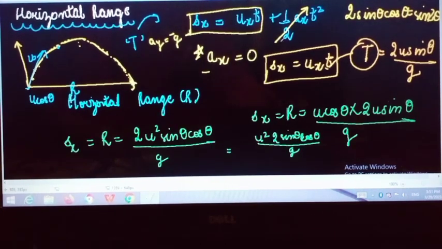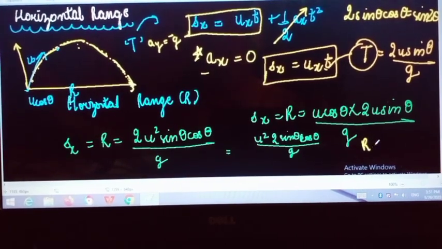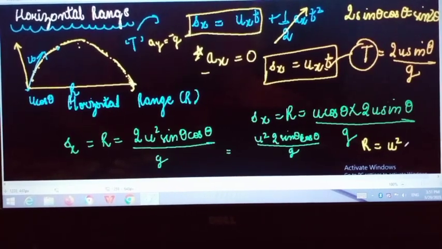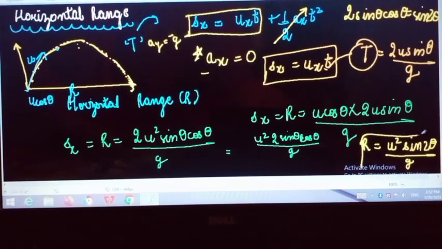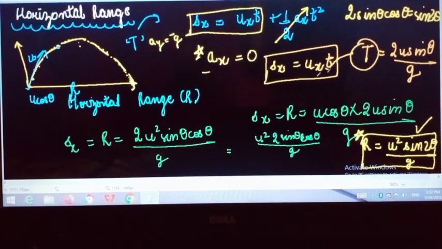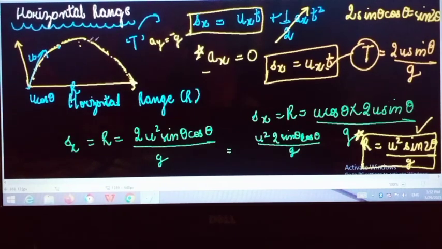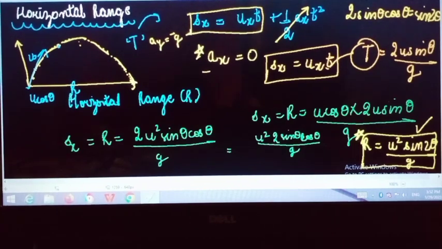So here the formula for range is u square sine 2 theta upon g is equal to R. This is the final formula for your horizontal range, and the whole concept about horizontal range may be clear now. Now we have an application part of this projectile motion, the most important thing which is usually asked in competitive exams, which is